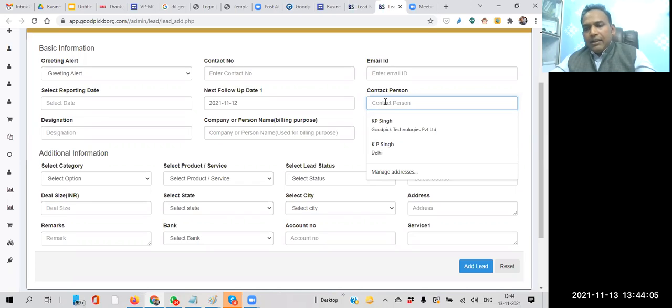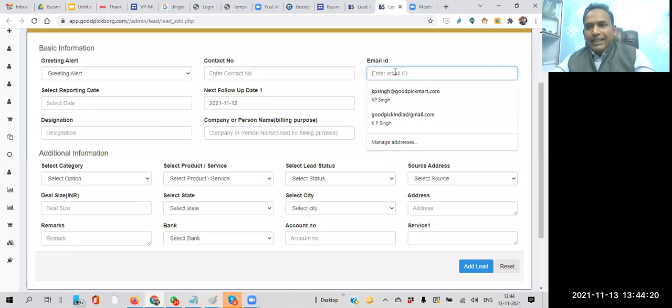Third one is the email ID. If we have an email ID of that particular prospect, the company or person whom we are going to coordinate with, and we are assuming that they are a potential for our business, we will have to put the email ID. So there are three things which are most important, and we must look for this information to be collected from your lead or prospect.